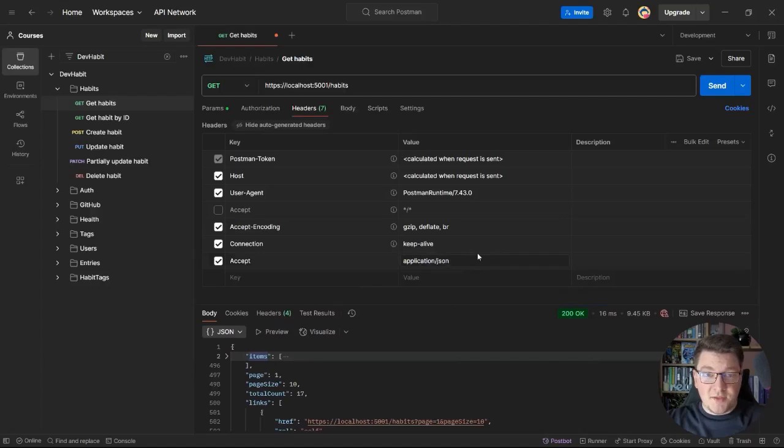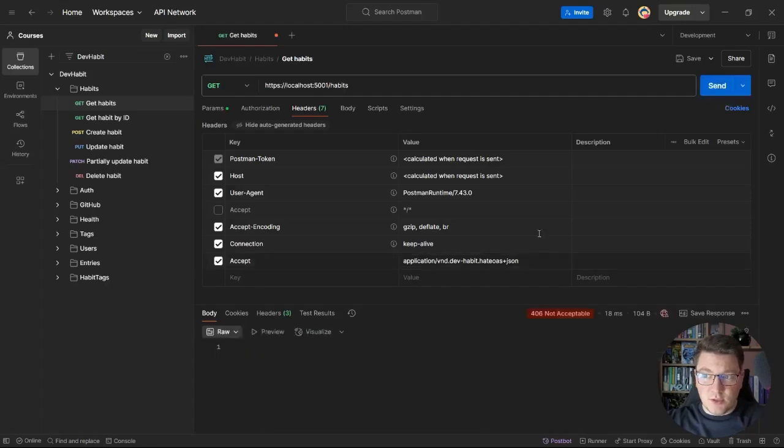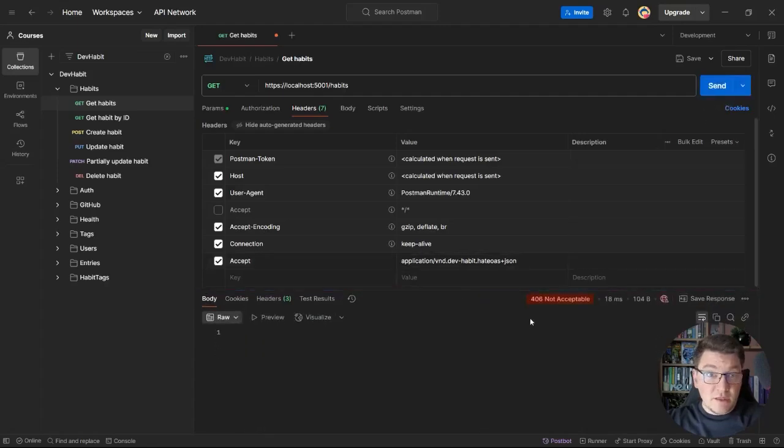Now, what if I update this with my custom media type? For example, if I use devhabit HATEOAS plus JSON. If I send this request, I'll get back a 406 not acceptable response because this isn't a media type recognized